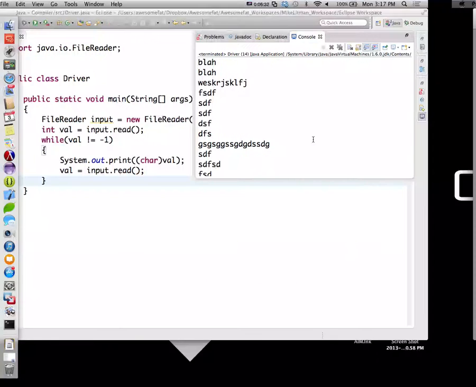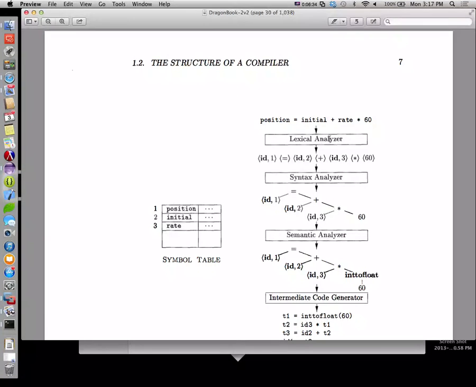Exactly like Lord of the Rings. That was the example I was going to use. But